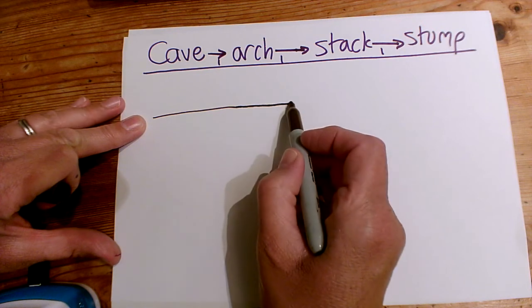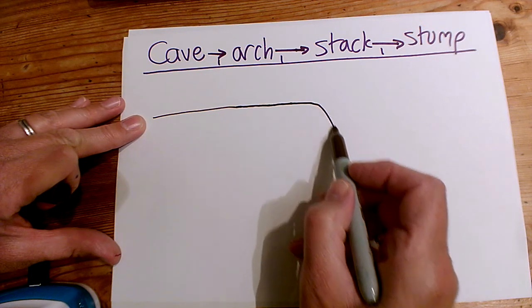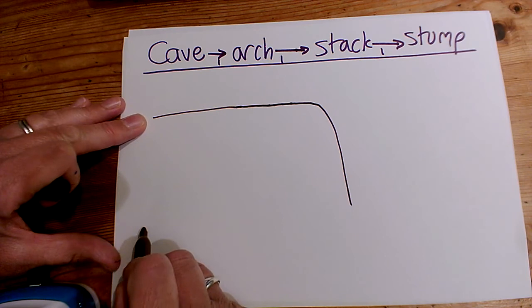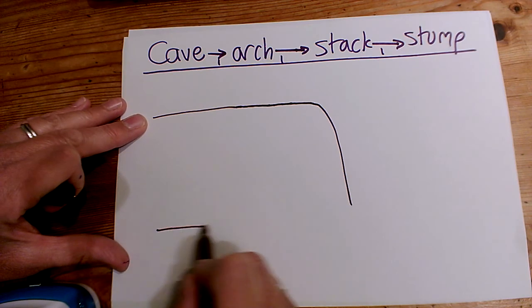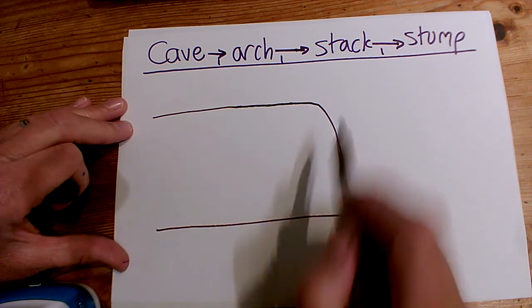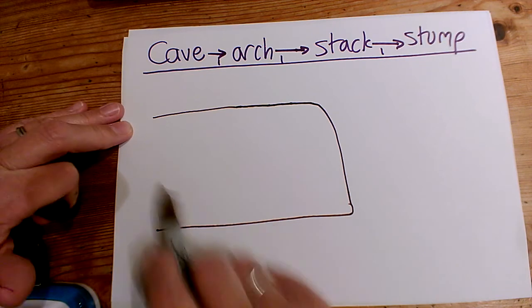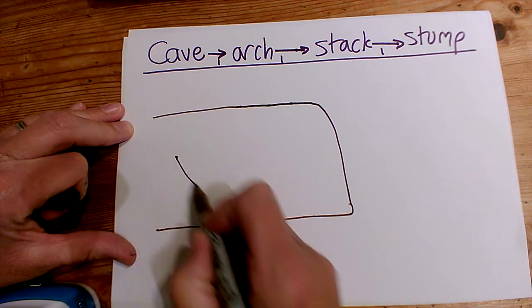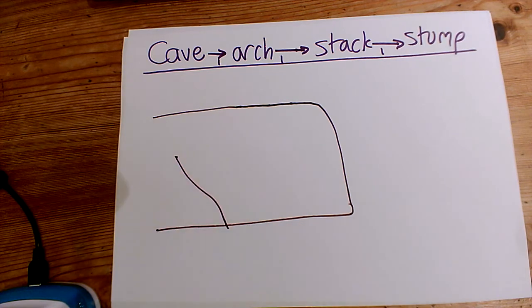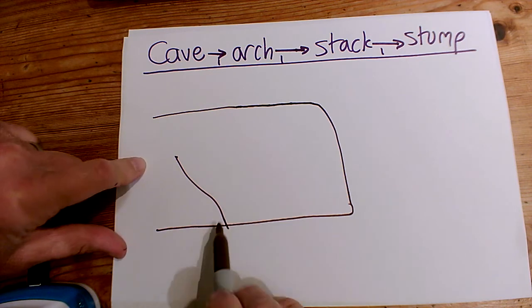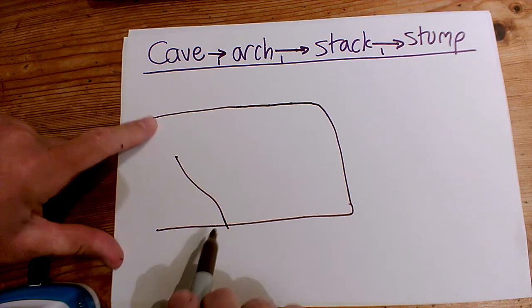And if you could just watch this for a moment without drawing it. There's our headland sticking out in the sea, so there's sea all around it. And I want you to imagine that somewhere there's an area of weakness, probably a crack in the cliff. So if there was a crack in the cliff, what would happen is that the